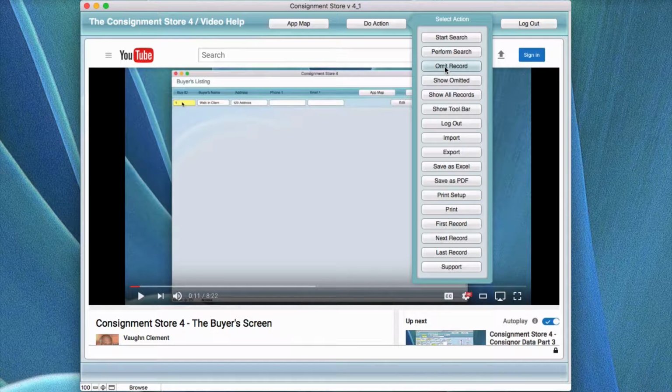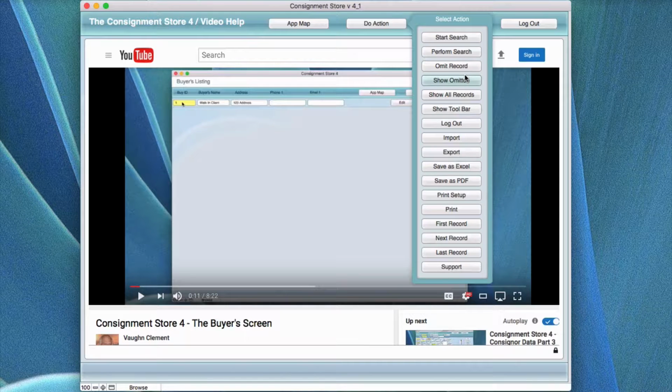If you want to omit a record in the application, what you do is you first of all click into a field that allows you to put the cursor in it. Then you click omit, and what it'll do is it'll take that record out of a list view like this one, or it'll take it out of the current screen where you're looking. The reason you would do that is if, say, for example, you had a choice of records in a search that you did, and some of those records you don't want to actually have show,